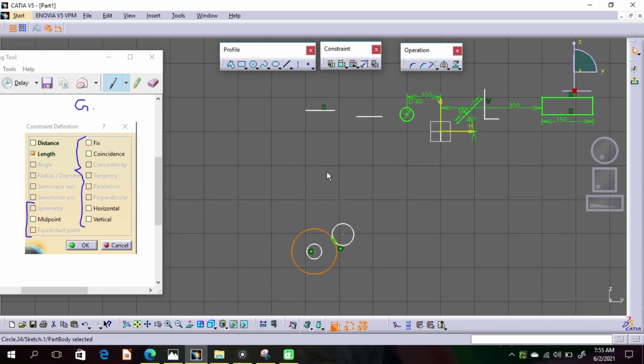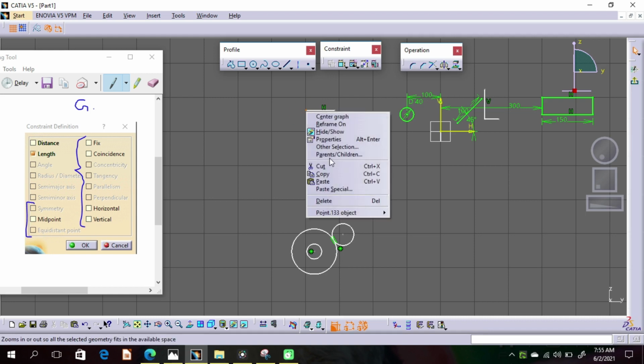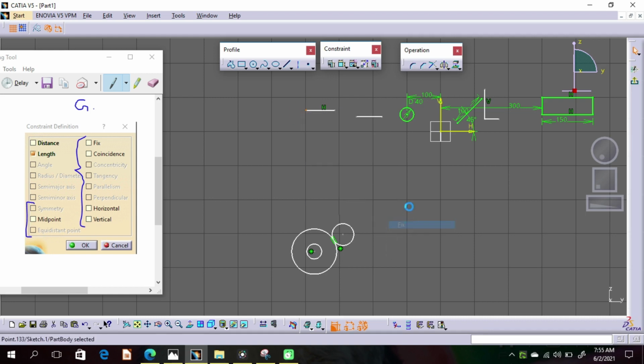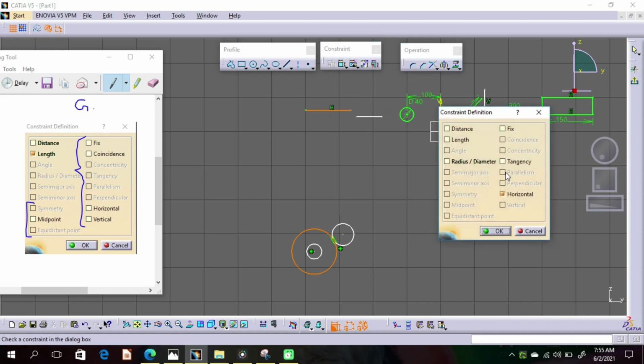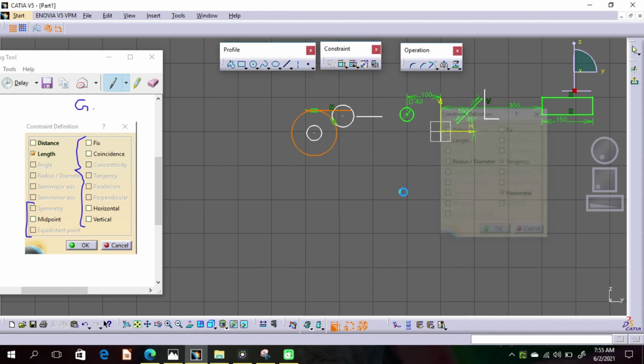You can also make any object tangent with a line. Just fix this line point, fix it so that this point cannot move anywhere. Then select this circle, hold down the Control key, select this line, and make the circle and line tangent. So this whole circle moves from this point to this point to touch this line, because this line is already fixed. The line can't move anywhere, but the circle position is not fixed, so the circle can move to this position.